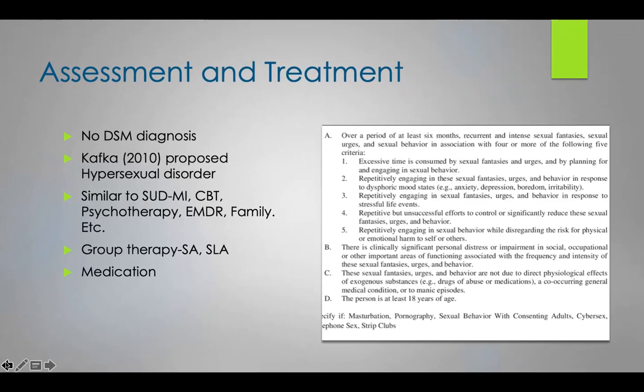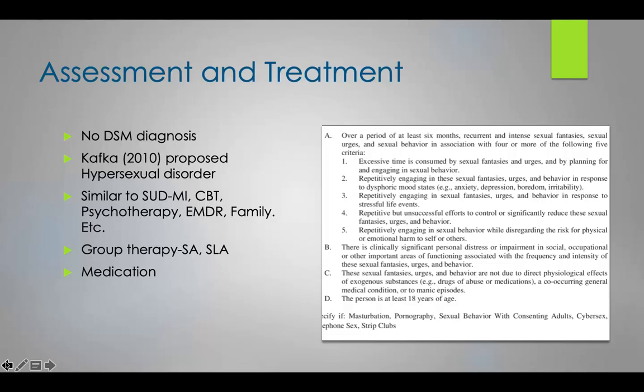This is over a period of 6 months, and they have recurrent, intense sexual fantasies, urges, and behaviors in association with 4 or more of the following criteria: excessive time consumed with the sexual fantasies or urges, engaging in sexual fantasies or urges because of a response to a dysphoric mood, or repeatedly engaging in it because of stressful life events,